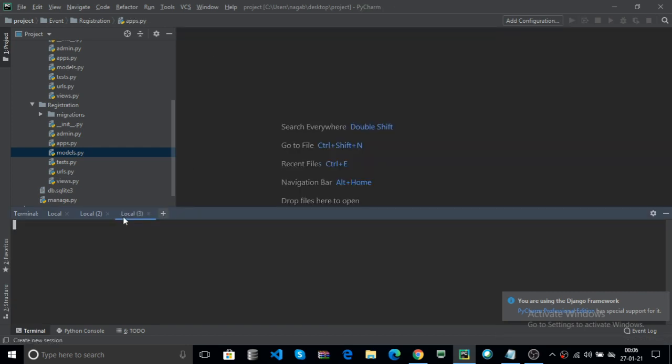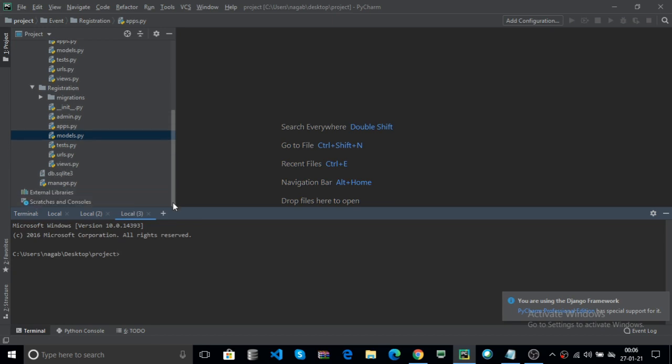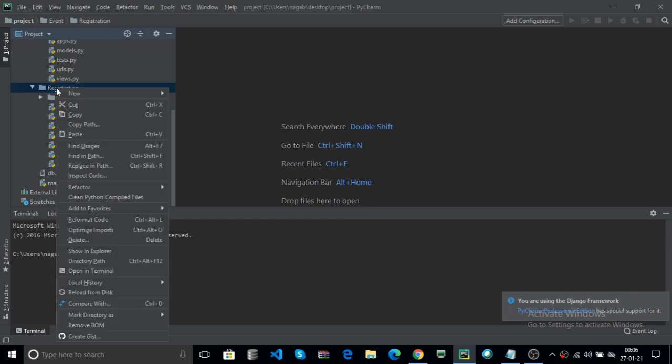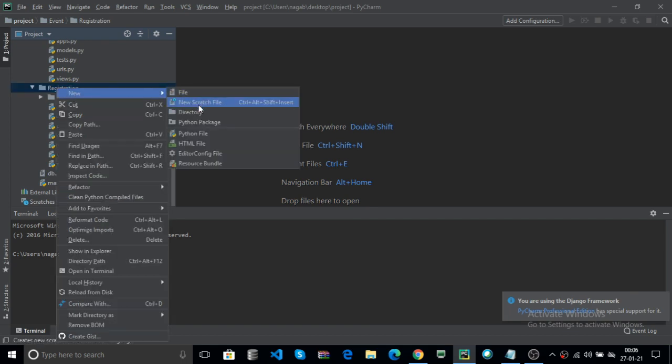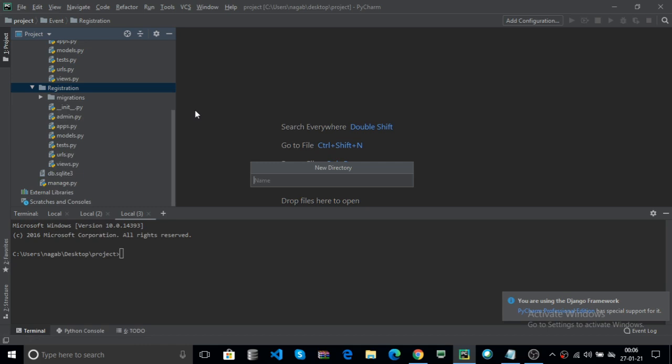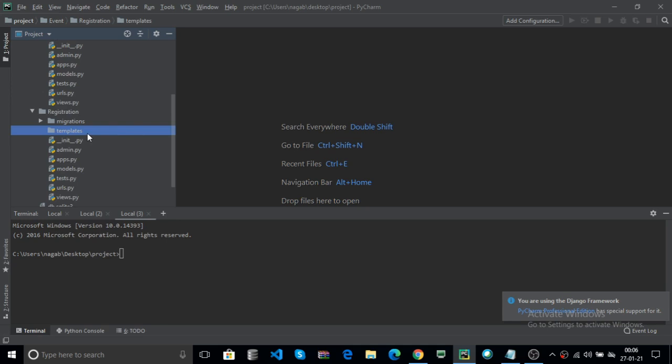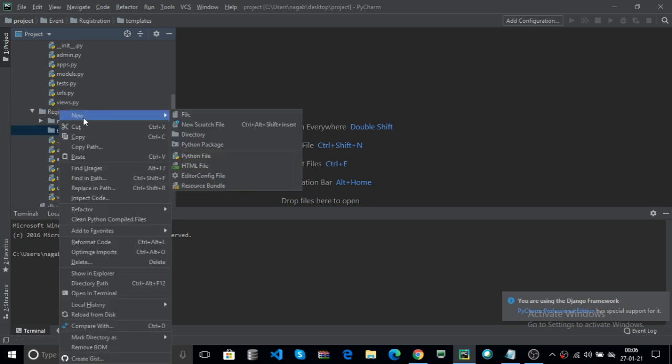Now here, how to use some HTML data. First, in that registration app, every app contains different styles and different pages. Here I create one folder, that is a directory, called templates. In that templates folder you can create HTML files.